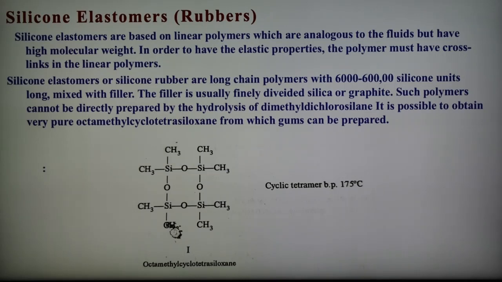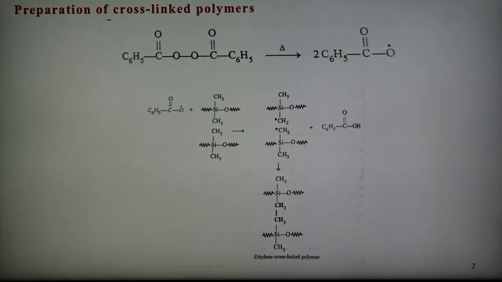So this is silicon rubber, and preparation of this cross-linked polymer is also possible, and in this case dimethyl silicon gum are normally cured by heating with organic peroxide such as benzoyl peroxide and 2,4-dichlorobenzoyl peroxide at temperature in the range 110 to 175 degrees Celsius. Thermal decomposition of the peroxide gives rise to the free radical, which abstract hydrogen from the methyl group. The subsequent combination of the resulting free radical form the ethylene cross-link. Shown here the reaction of formation of cross-link polymer.